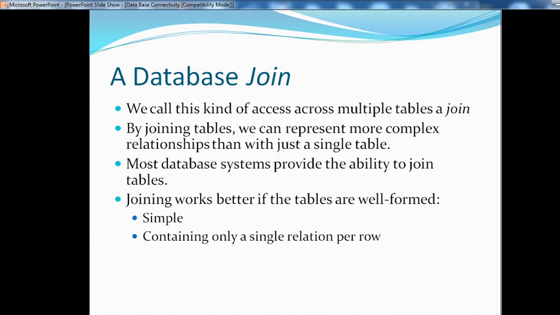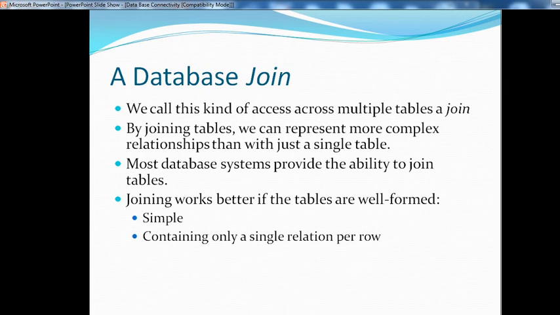In this lecture we will look at databases with join. Join is an important concept in every database. In these databases, we call this kind of access across multiple tables a join. By joining tables, we can represent more complex relationships than a single table.